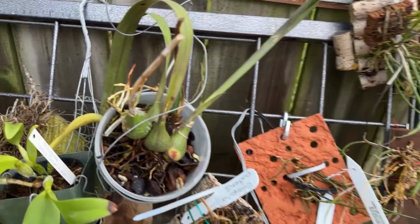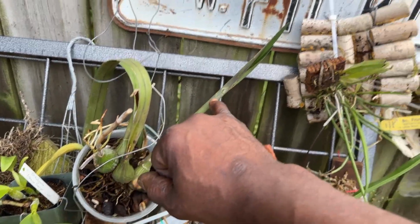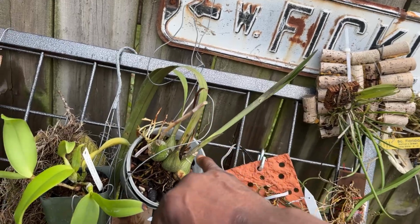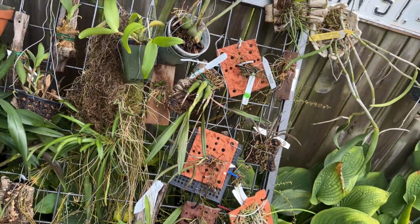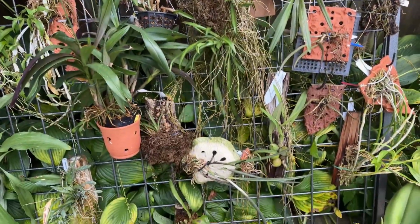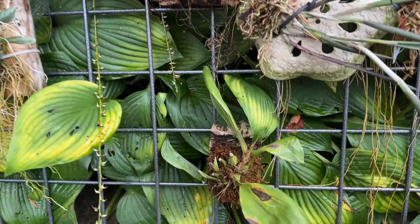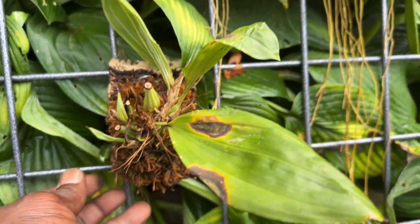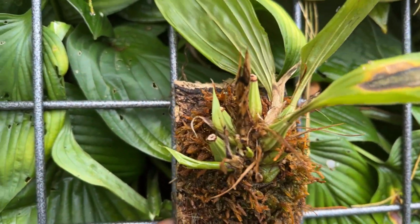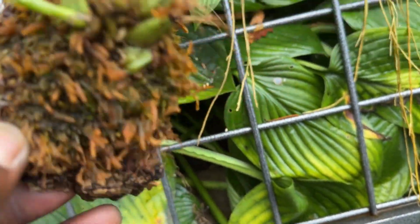And over here are a couple of Brassavolas that are doing really well. Should be showing me some sheaths. That is my Atro Rubens cross that has that nice new growth. I've got to watch those Encyclia growths because they can blast in this changing weather. And down here below is my continuing to do well,